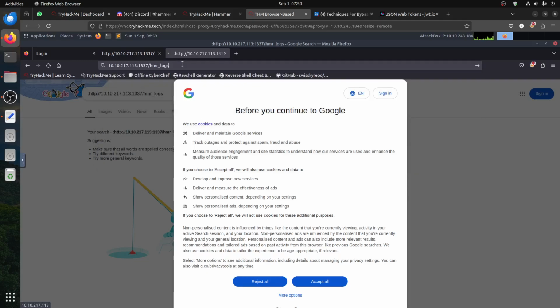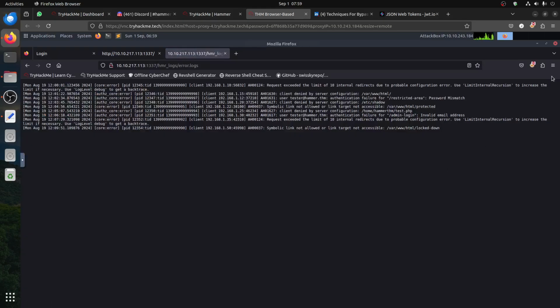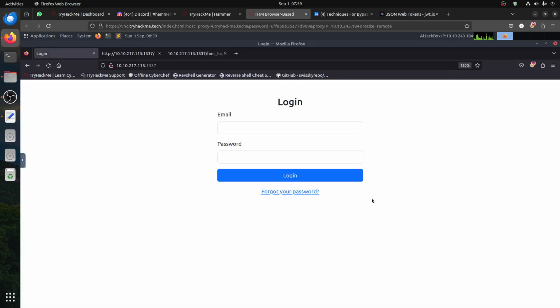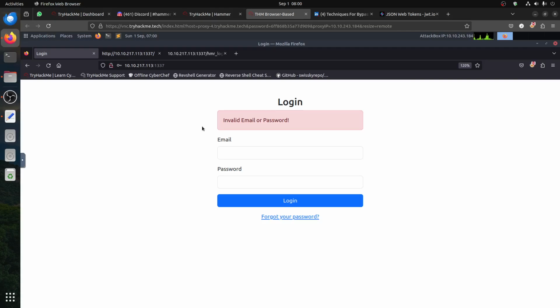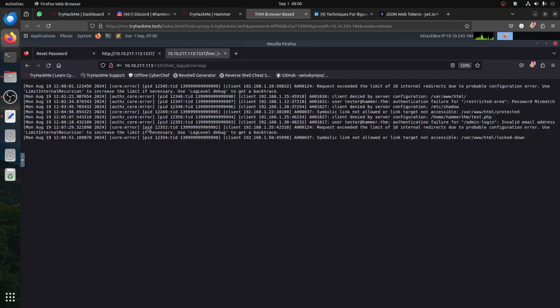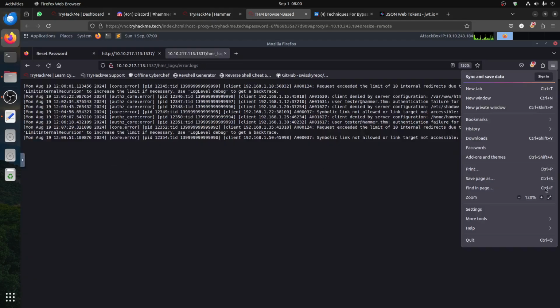hmr and the logs, it gives us the error log directly, and this is our entry point. Because remember, the whole point is if you try the usual, I mean, you try to do SQL injection or something, it's not really working. So even if you try the normal SQL injection, it doesn't work. When you see forgot password, you think that is your entry point, but what is the email? We don't have an email, and here is the answer to our problem, because when you come here,